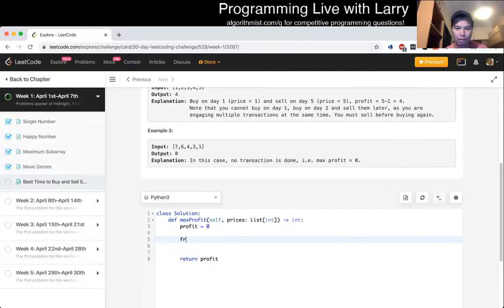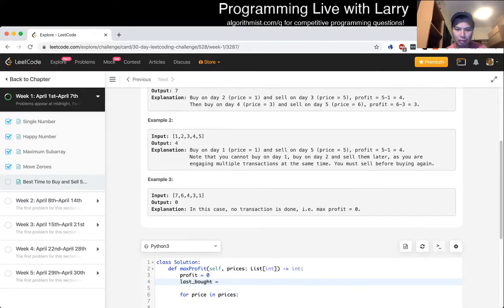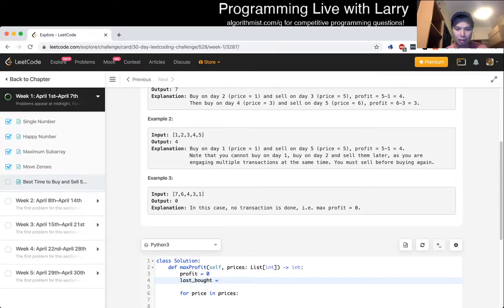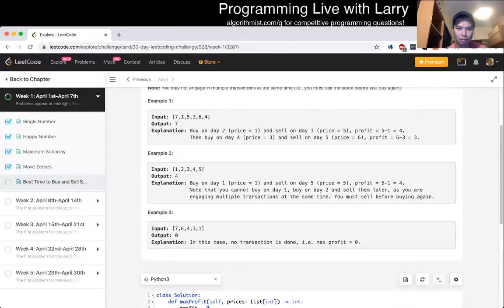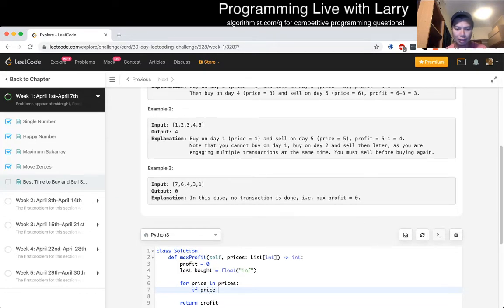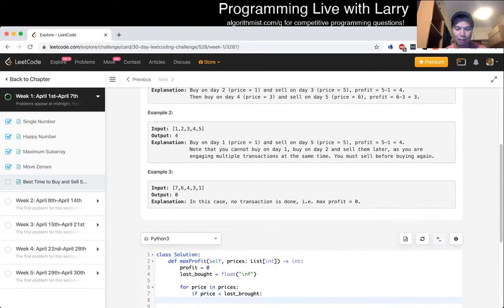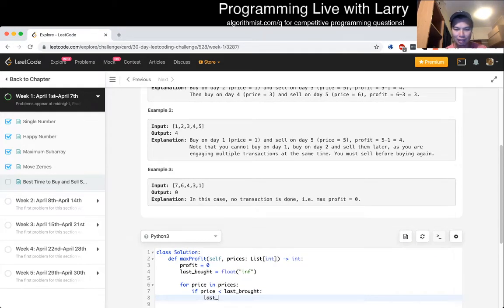So for price in prices, say last port is equal to infinity, right? If price is less than last port, then let's just pretend we bought it now instead. Otherwise,